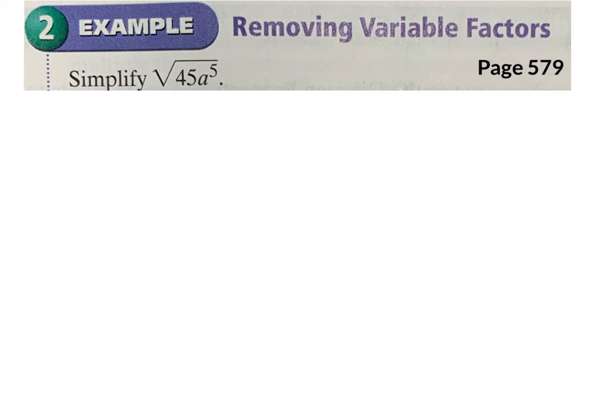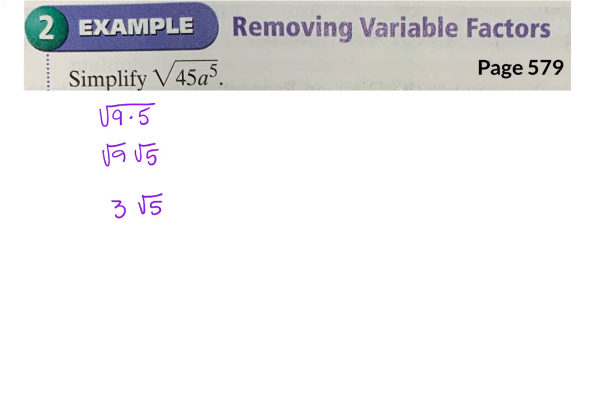Now let's look at the top of the next page for example 2. Now the difference between this example and the other one, you will notice, is that it has a variable. And so I like to treat the variable the same way. There are actually 2 different ways to do this, and I'm going to show you both of them. So 45, again, you may notice that 45 has a perfect square in it, which is 9 times 5. And so the square root of 9 times the square root of 5 gives us 3 and square root